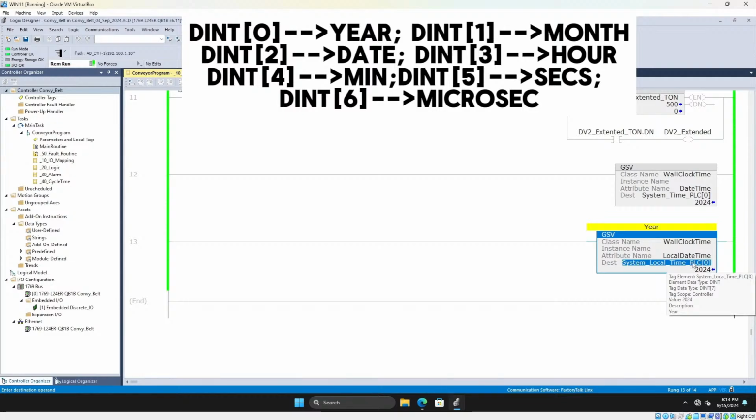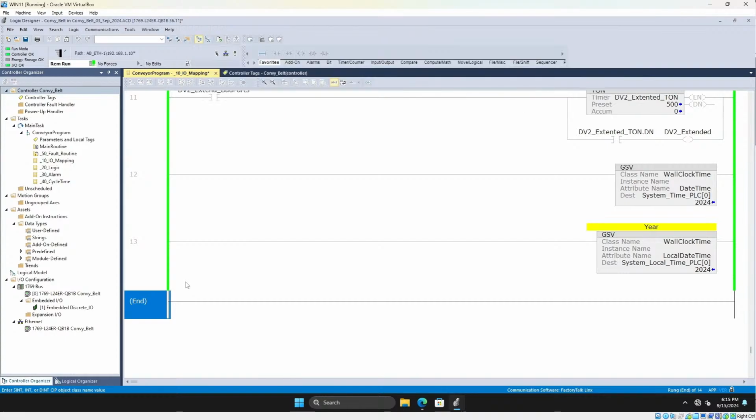Instead of creating this, there is a concept of user-defined tags, which we're going to look at in the subsequent videos. But for now, let's use this one. So if your shift time is at seconds and microseconds, use this time to capture the amount of time the machine